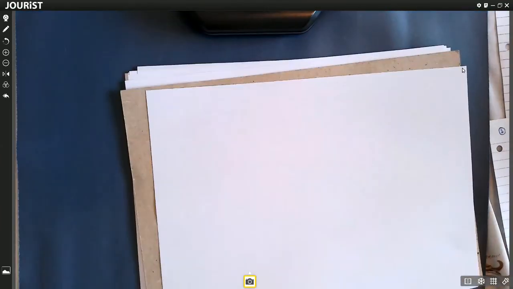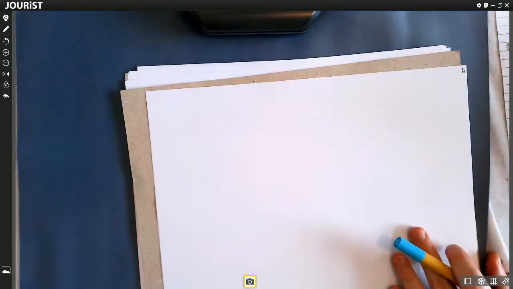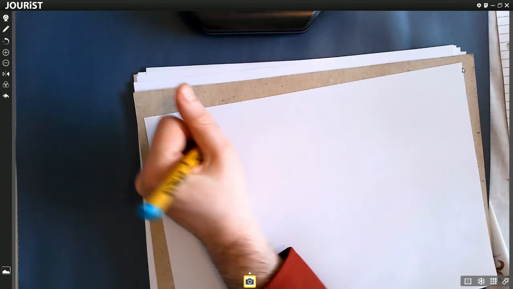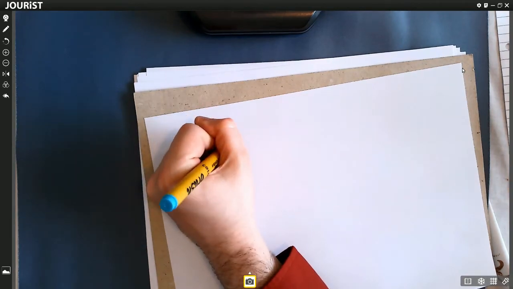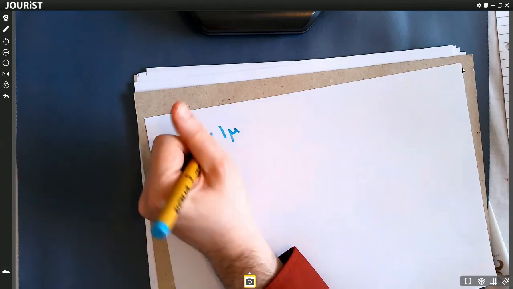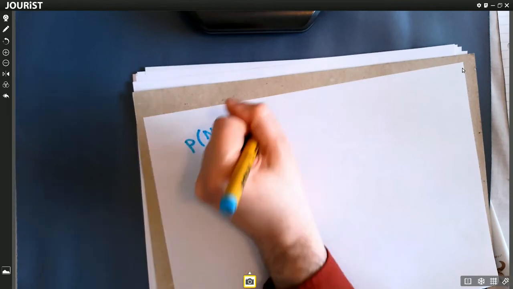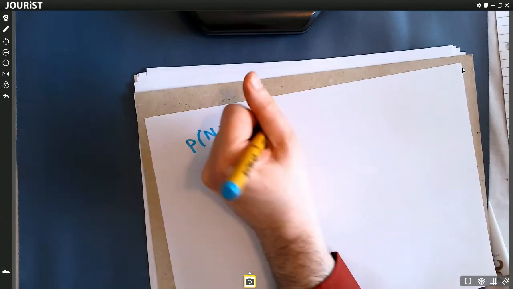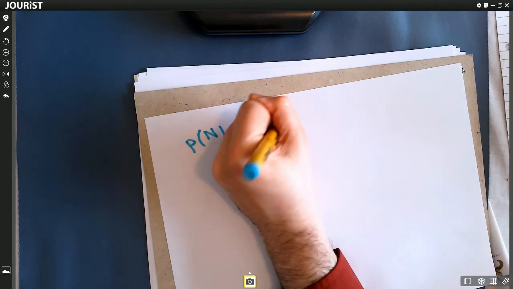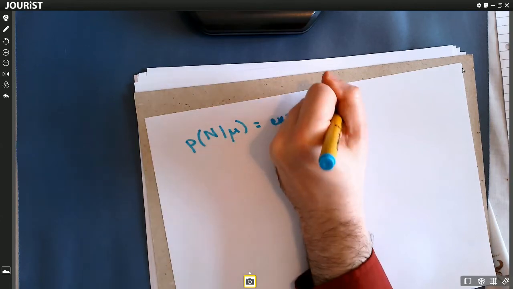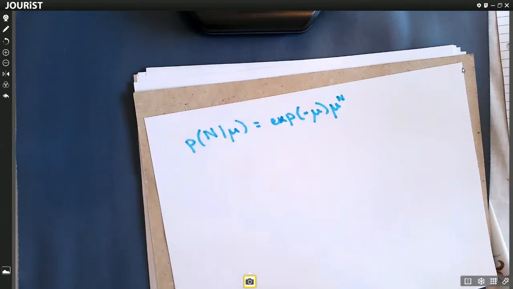Okay, so let's assume now we're taking into account the number of detections we have. If we have an astrophysical model with an average rate mu of signals, and we detect n of them, the probability of having n is just given by something like a Poisson distribution. So a Poisson distribution would be exponential of the rate to the n, and then we would divide by n factorial if we had a Poisson distribution for all the different combinations.